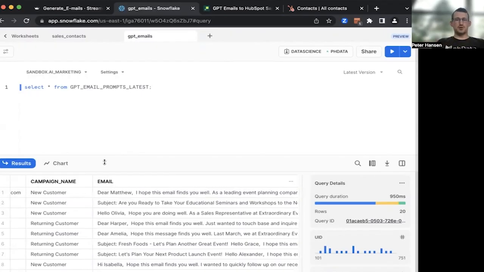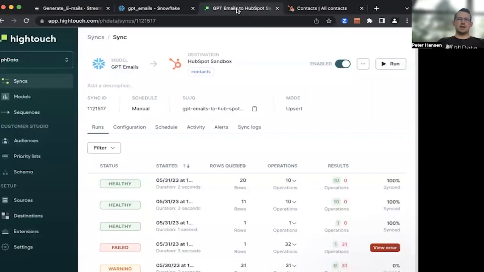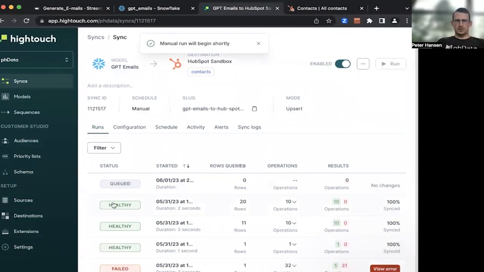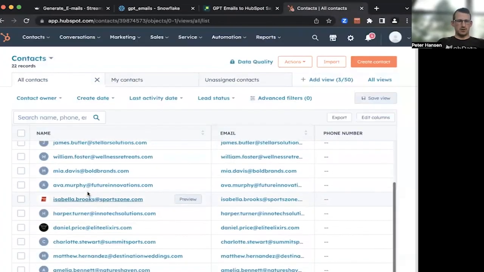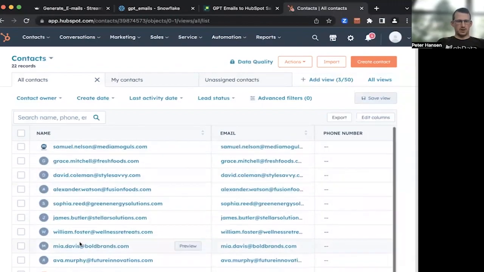To get this full circle, we want to get this information back into HubSpot so we can act on it. So we have here set up in Hightouch a sync between our Snowflake table, which I pointed to that view, and then our HubSpot account. If I just hit run here, you can see it'll queue up and process this table and determine what new things there are. And look, we got one changed row, so one of these tables has been updated. We can go here and find our contact,